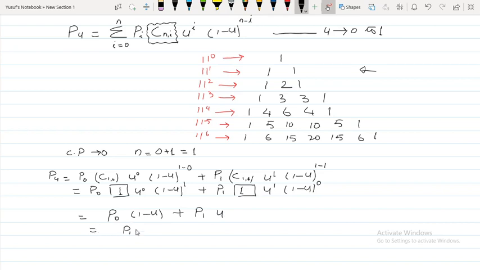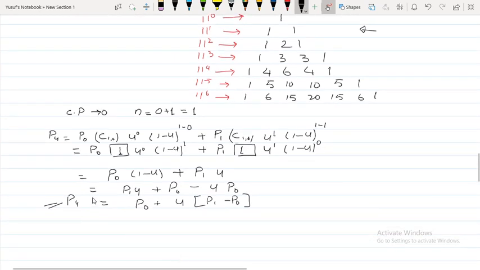P1u, पहले ये लिखता हूँ, plus P0 मल्टीप्लाई किया, minus u into P0. तो P0 plus, from these two we can take common u, which is P1 minus P0. So it is an equation of line. If the number of control points is 0, we will get the equation of line. Equation of line is P of u equals start point plus u into P1 minus P0. ये हमने first lecture में लिखा था कि equation of line.